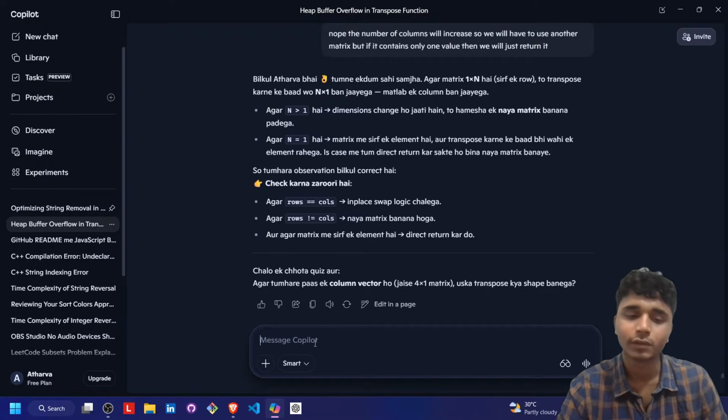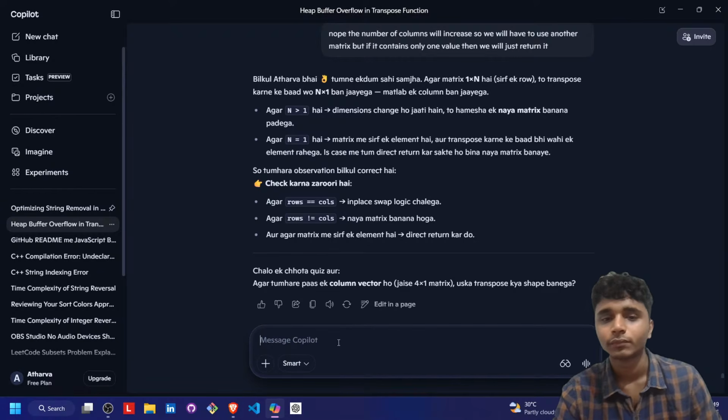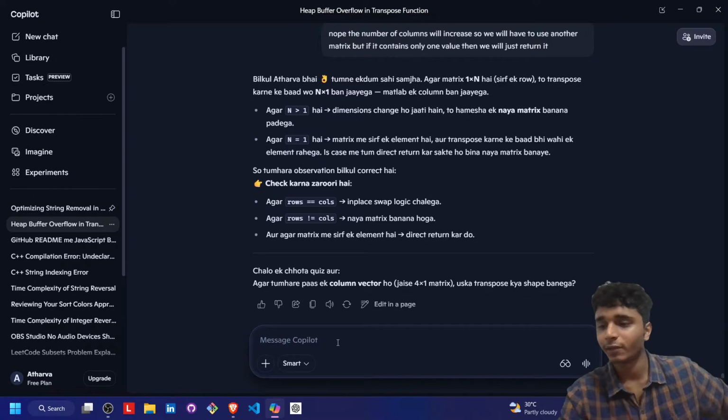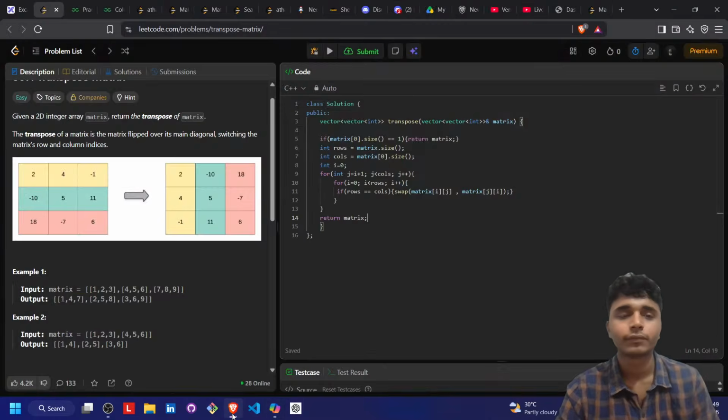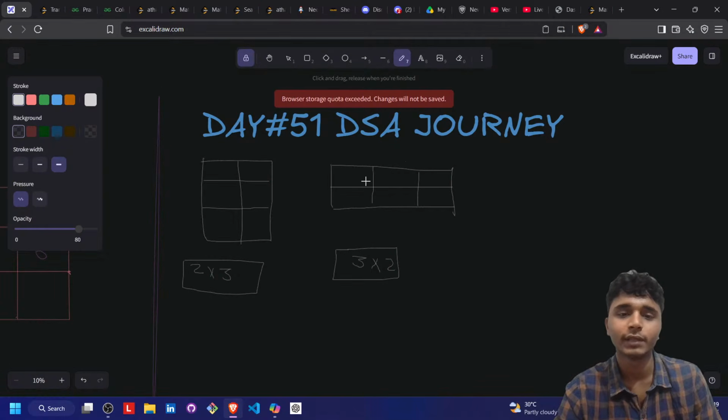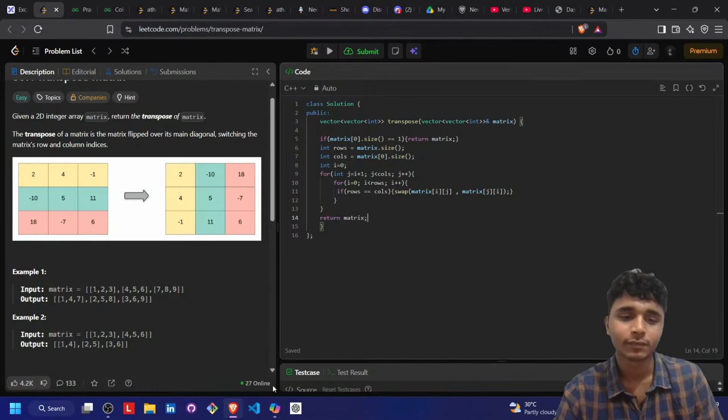4 columns and 1 row. Okay. So what will the transpose shape become? I think it will become... okay, there are 4 columns, right? 4 columns and 1 row. So when we transpose it, oh wait man,